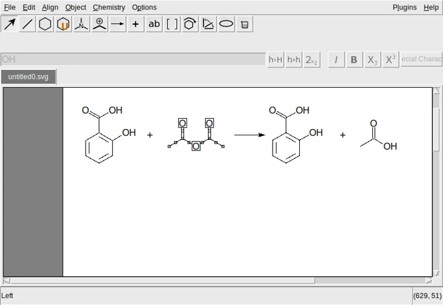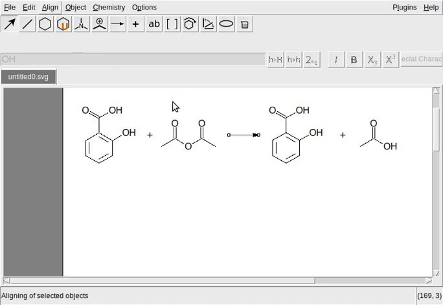Then click it to the left so that it goes to the left. Then unselect it. Then this arrow, it's still too much to the right. We need to align using the align command. We need to center horizontally. That is one important lesson.